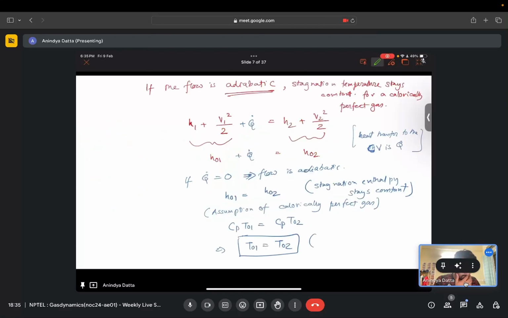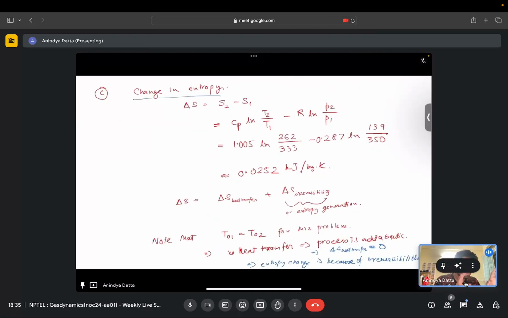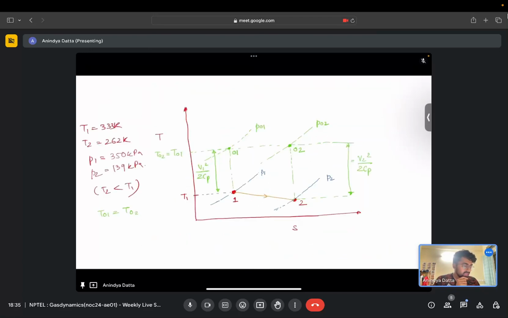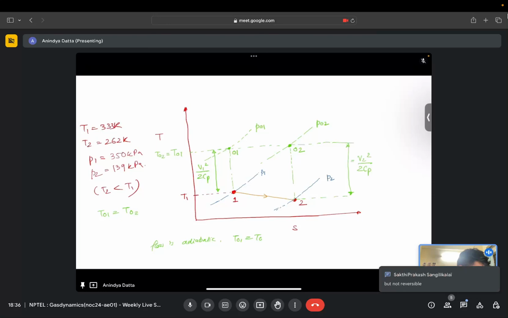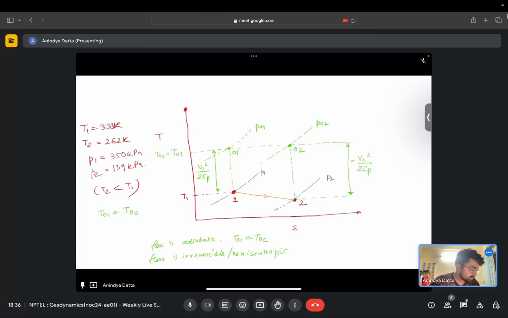The important takeaway for this problem is that if the flow is adiabatic, the stagnation temperature remains the same at all states. Here the flow is adiabatic, so T01 is equal to T02, but the flow is irreversible, which means non-isentropic, because we see an increase in entropy,